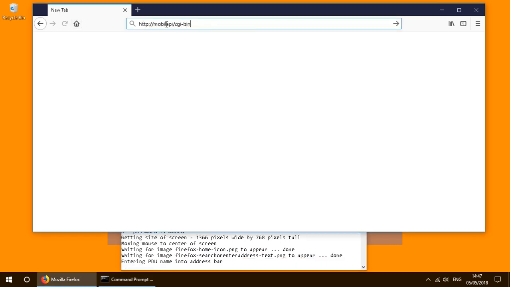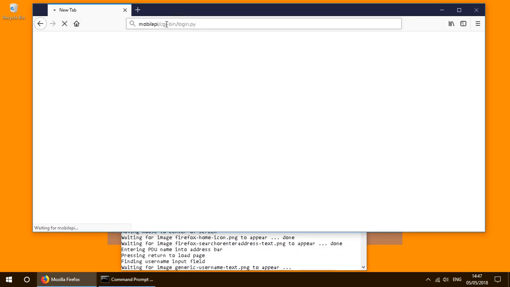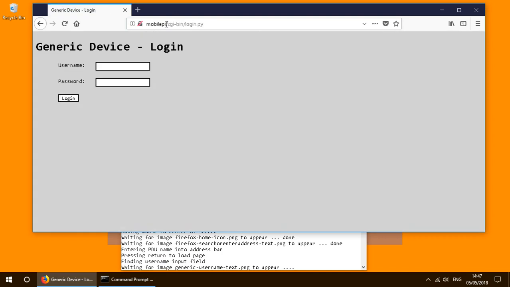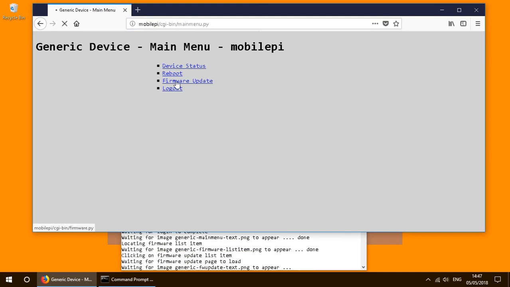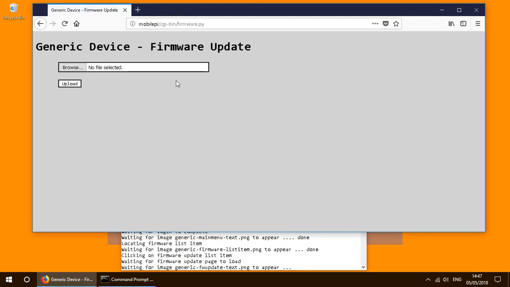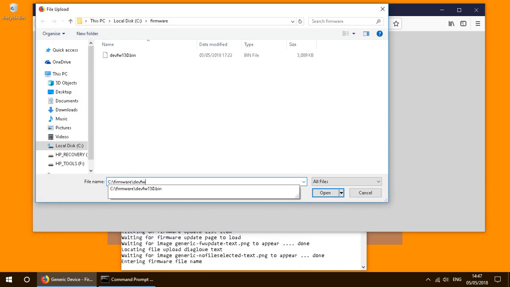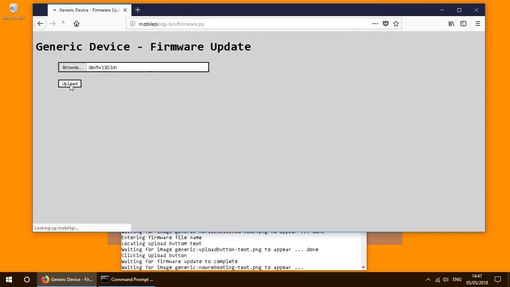So the program is now controlling the PC and it's gone onto the browser, it's entered the login page URL, it's typing the username and the password. It should now click on the login button. The main menu has loaded up. The script is finding the firmware update option, which is found. It's clicking on that. The firmware update page now appears. And the next step is to select the file, which it does by just typing the full path name. We then click on the upload button